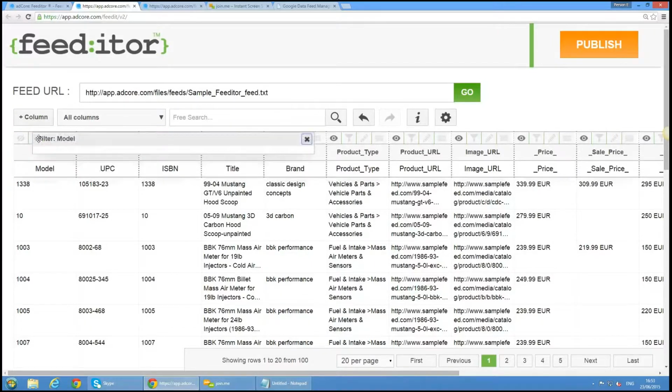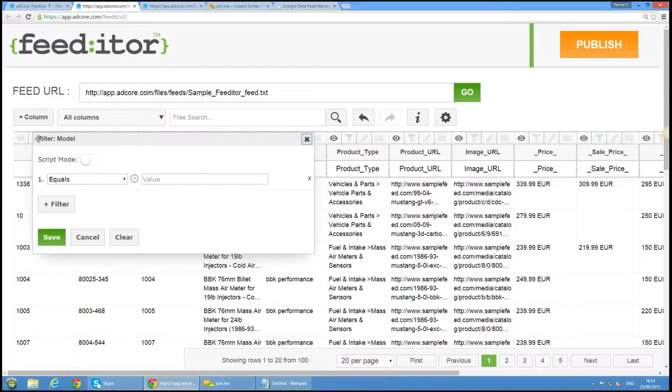We can also use a filter. Okay, let's say I have a feed that is quite large, let's say about 40,000 products, 100,000 products, however large it is. And for a specific third-party shopping engine, I really don't need all of them. I want to only include a portion of the items, maybe the ones that are my best sellers. Whatever it is, we can use our filter to say, let's go ahead and only include things that do not equal the following value, equal the following value, are greater than, less than, or equal to, or are fitting into